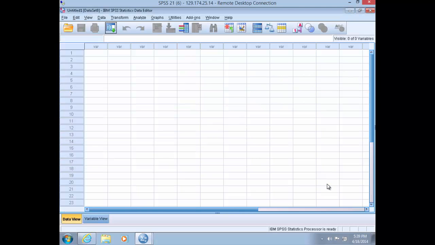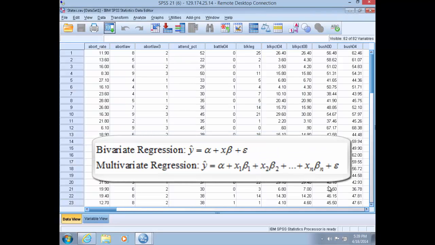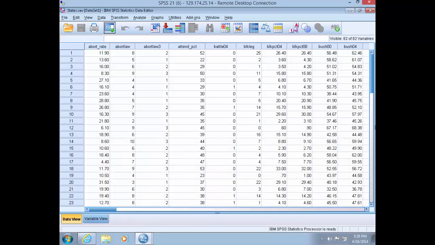Today's lab introduces multivariate regression. Multivariate regression is simply regression that considers two or more independent variables and their independent effect on the dependent variable. So recall from the lab video on regression graphics, we considered the correlation between a state's percentage of high church attenders and percentage of women in the legislature. We found a statistically significant relationship between these two variables such that an increase in percentage of high-frequency church attenders